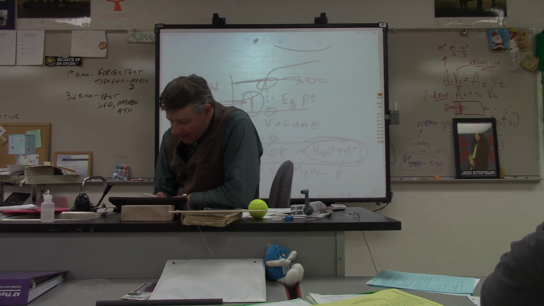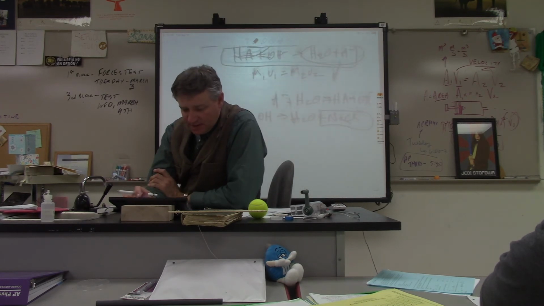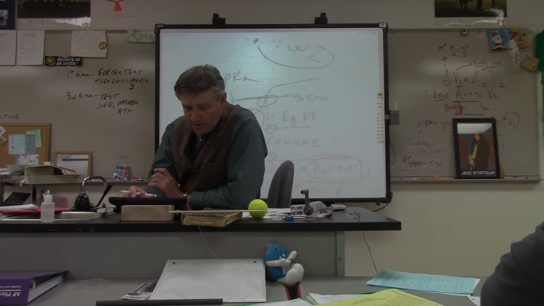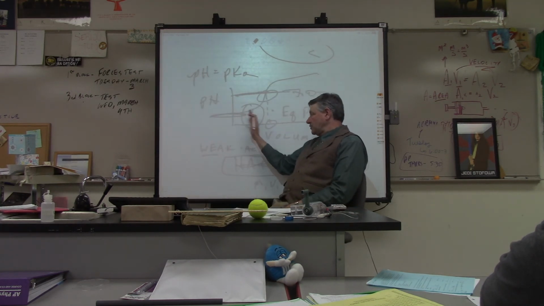Okay. Now, what do you call this point? Half equivalence. That's your half equivalence point. At that point, what does your pH equal? Your pKa, because if you go to the Henderson-Hasselbalch equation, pH equals pKa plus the log of your anion divided by the concentration of your acid. Okay? So, prior to this point,